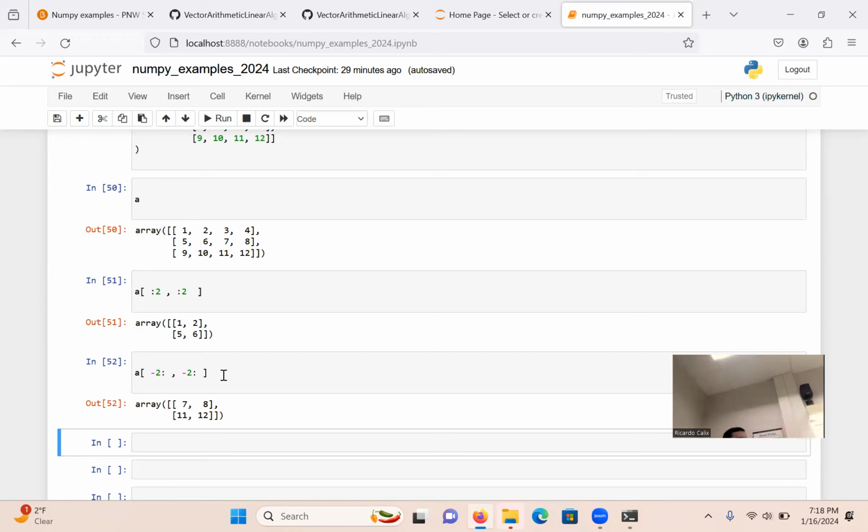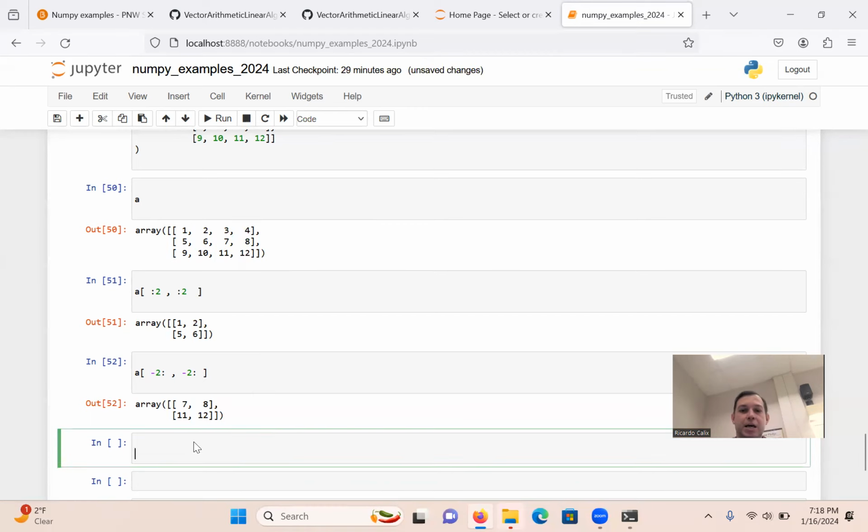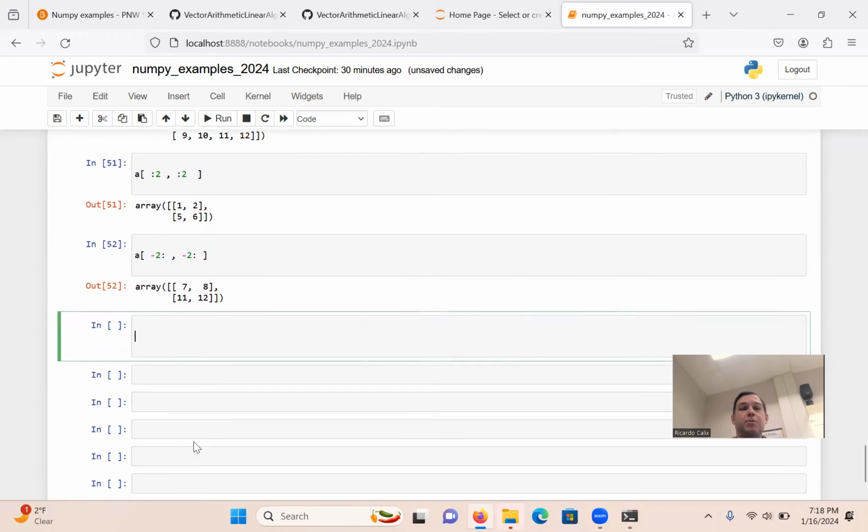Let's do shifting. So this is an interesting one. I've done this as a homework problem in the past. I won't do it this year, but we're going to shift a sequence of numbers. Okay. So let's create a vector first. You might think this is not important, but this is actually really important for transformers. Transformers do this. So let's do x equal np.arange